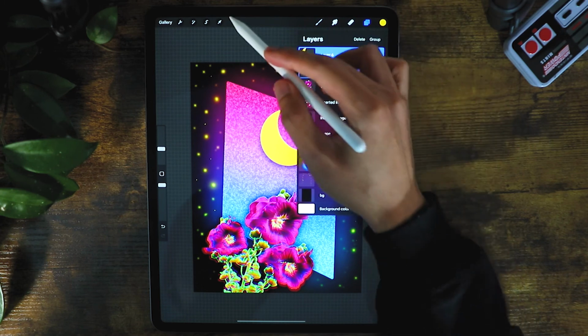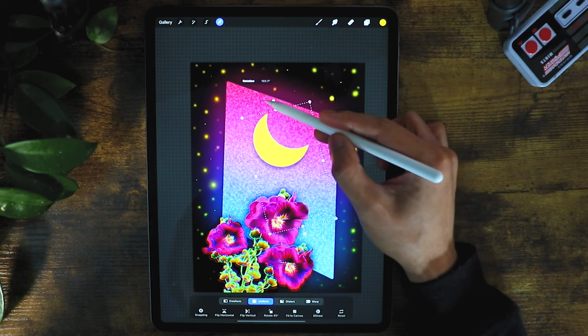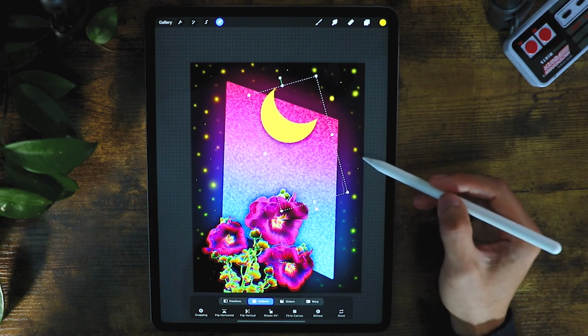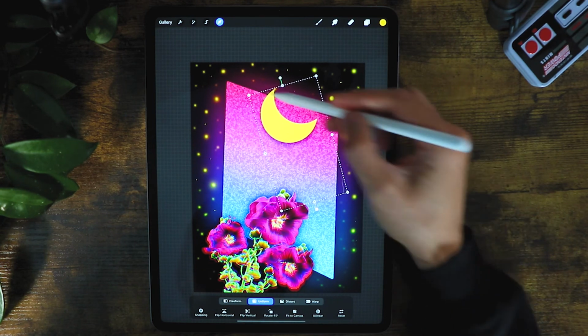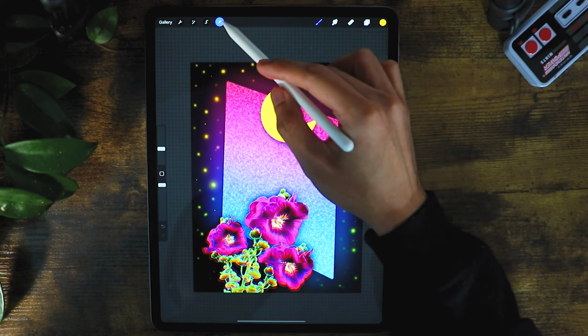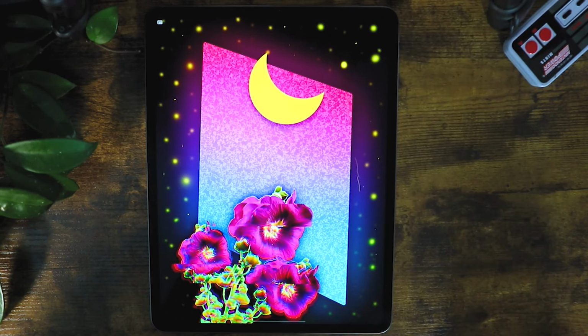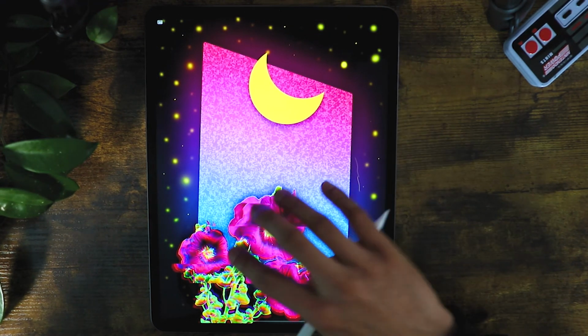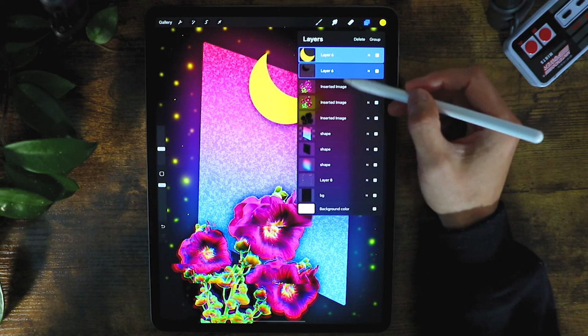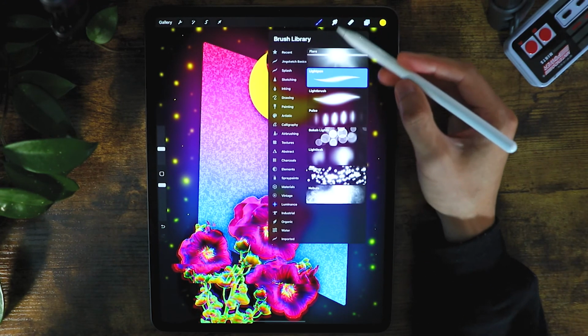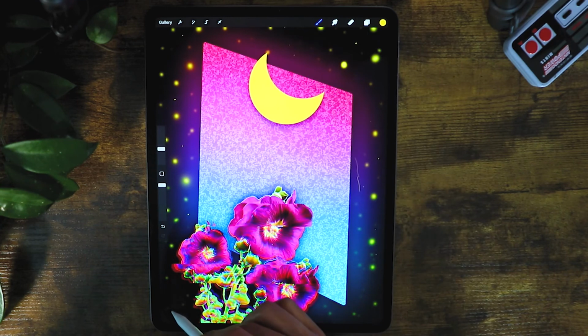I think the moon needs a little bit of love, maybe going out of the window or this shape right here can bring a little bit of interest. So for now, I think it's a little bit trippy right now, but I think this part right here doesn't have